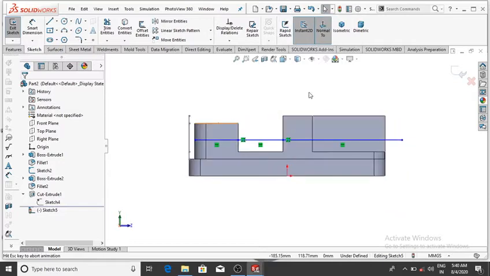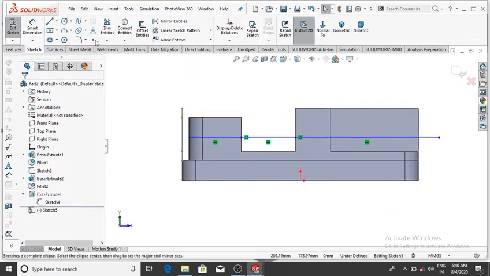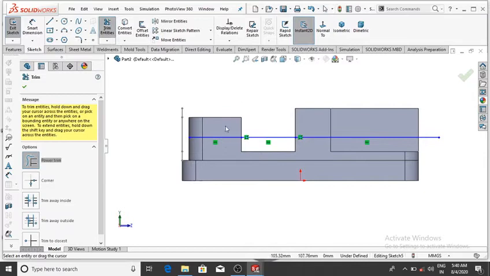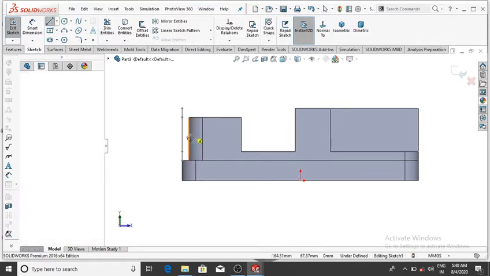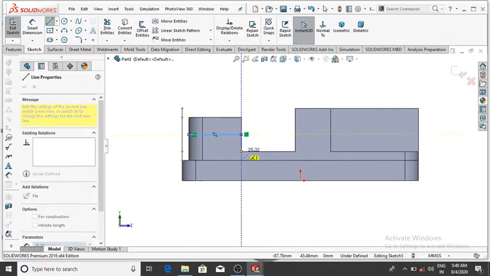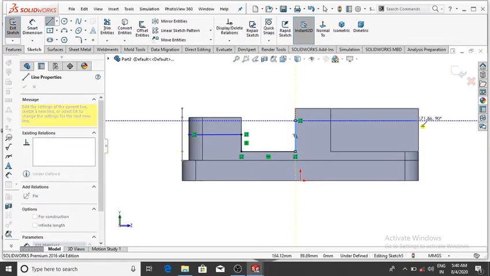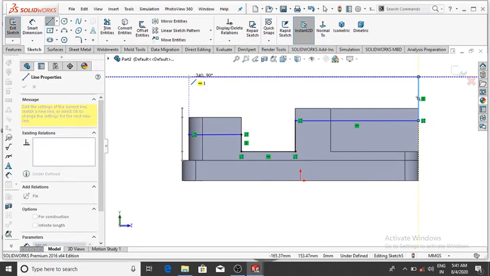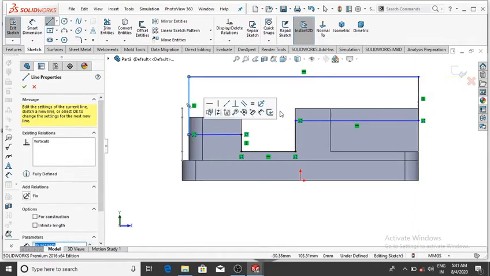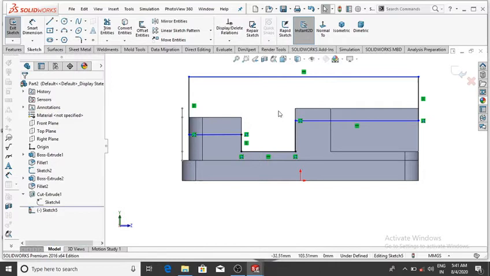Now select normal and trim this sketch and select the line and select this point to this and this point to this up to this sketch, and select this line to this sketch up to this, and we make this.